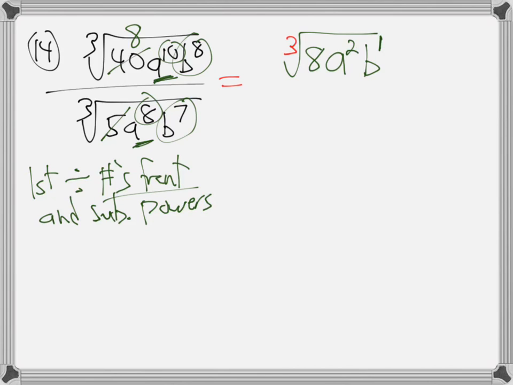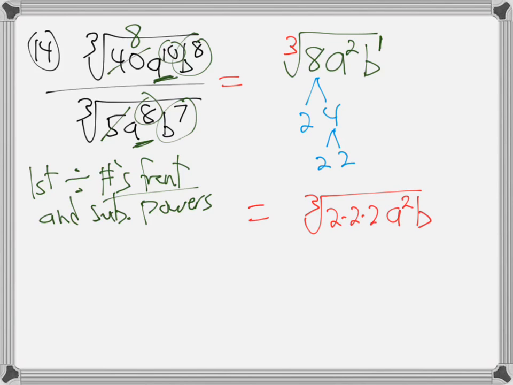So I'm almost done, but I've got to break down the 8 and see if there's anything in there you probably know already. 8's 2 times 4, 4's 2 times 2. You with me so far? So that is the cube root of 2 times 2 times 2, a squared b. And this is a what deal at Target? 3 for 1. 3 2's in, 1 2 out, they're gone. So it's 2